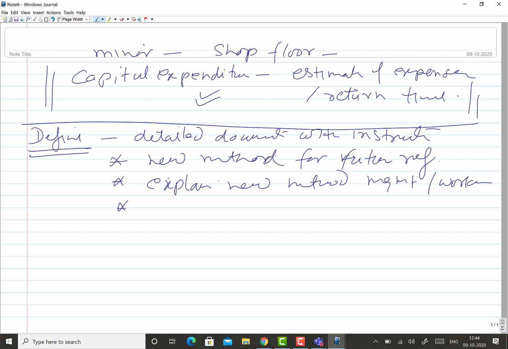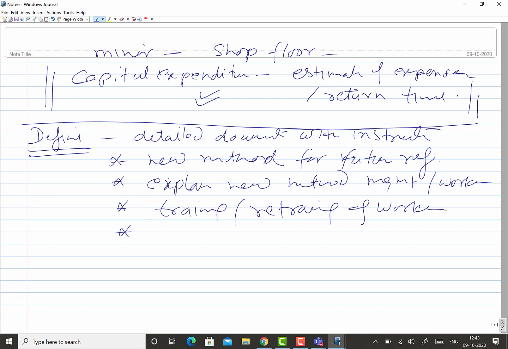Okay, subsequently this written document can be used for training or retraining of the workers, because they need to be familiar with the new methods which are to be implemented, and whatever the different components and constituents are there of the new method, those can be used for setting the time standard using time study or work sampling or a PMTS data method, any method you take up.